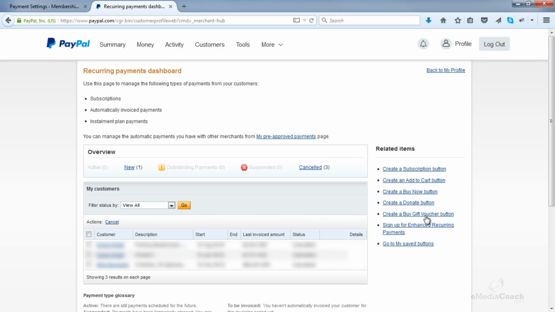So the thing you need to do is look for the Sign Up for Enhanced Recurring Payments link and click on that. Now, just a note, there's one thing I've found. Sometimes this can be a bit of an issue with PayPal. I've noticed that when I click this link, it doesn't always work the first time. And I'll show you a way that I found around this issue. So click on that link.